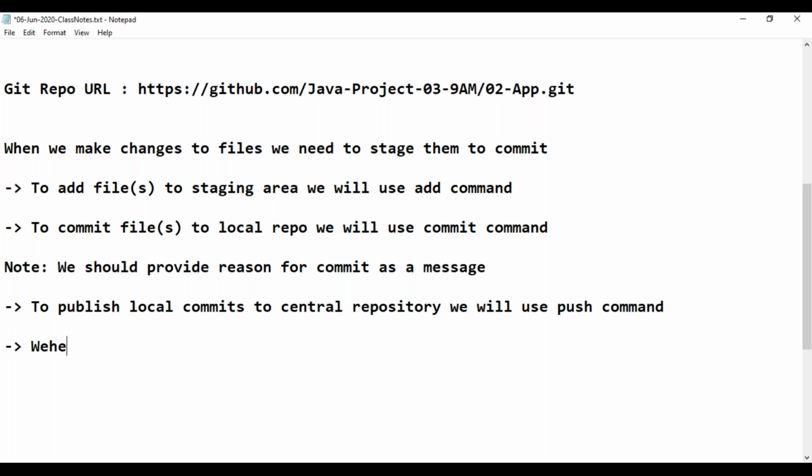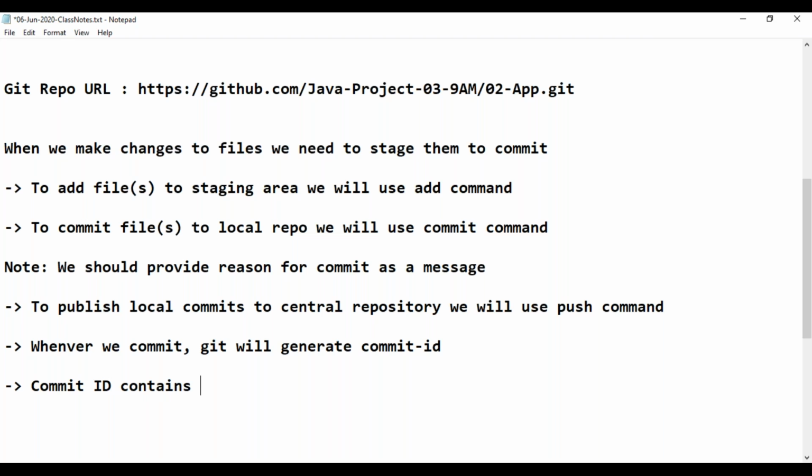Now, one more point we need to understand. Whenever we commit, Git will generate a commit ID. The commit ID contains 40 alphanumeric characters.